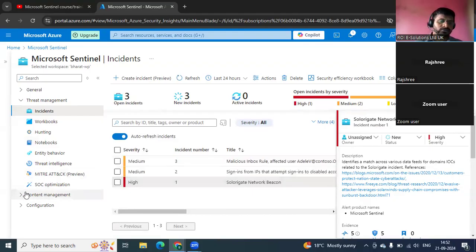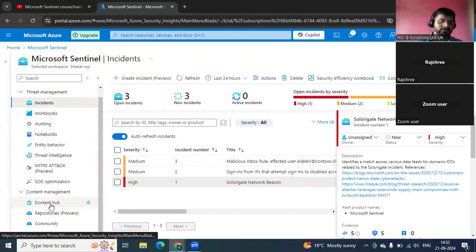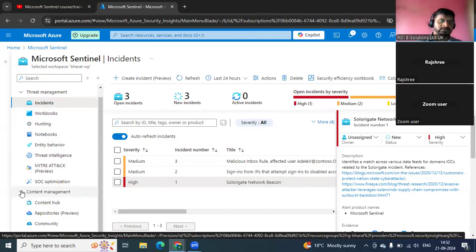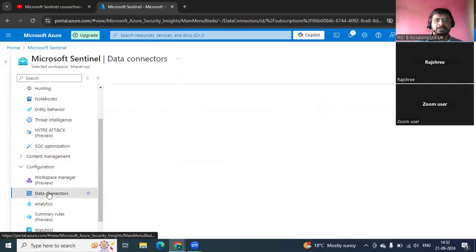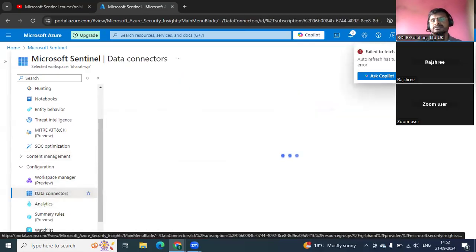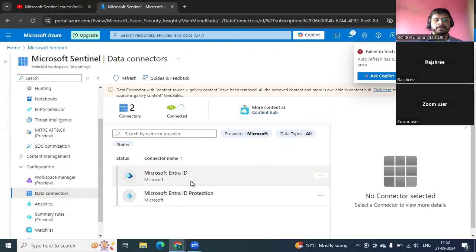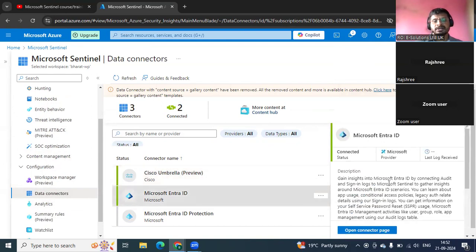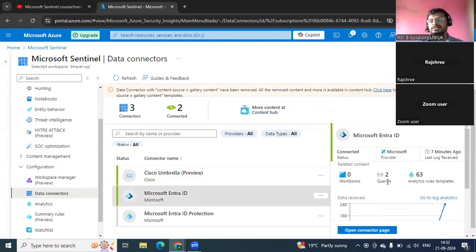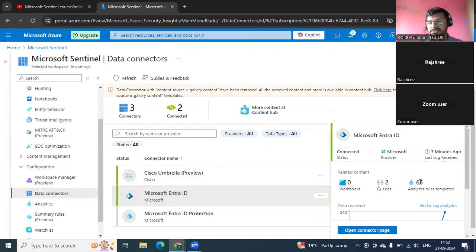Let me show you content hub, and okay, let's go to configuration, then data connectors, right? Yeah. So here, when I click on this data connector, Entra ID, right? See, there are almost 63 analytic rule templates,